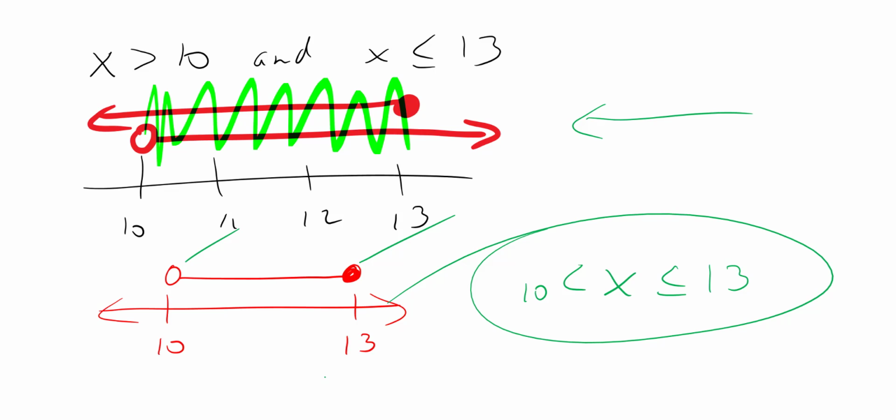Okay, so those are all and problems. Let's actually do a couple more between problems, just to make sure you guys are good to go. Because between problems, not that they're challenging, but they might have a little bit more work. And actually, before we do that, I want to do one more and problem, because you might have a little bit of work here. I might say 2x minus 3 is less than or equal to 11, and